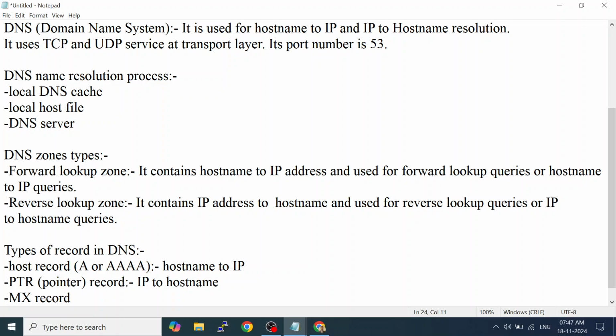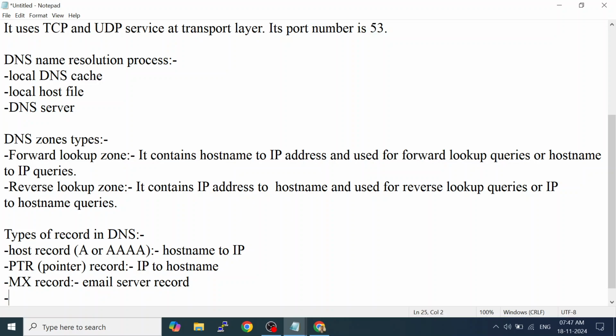MX stands for mail exchanger. Okay. Email server record. Who is our email server? Then we have NS record. NS record means name server.